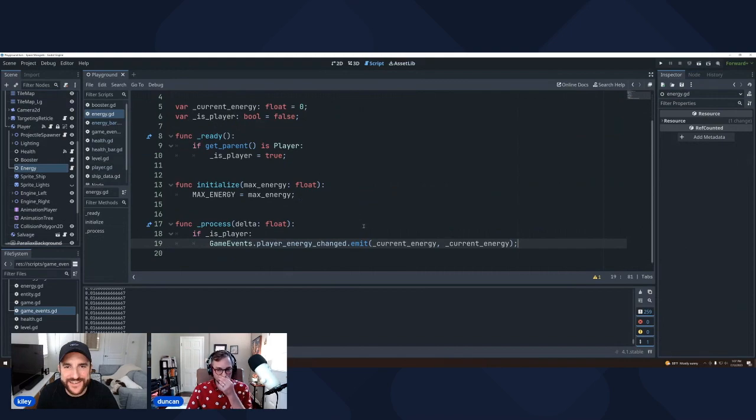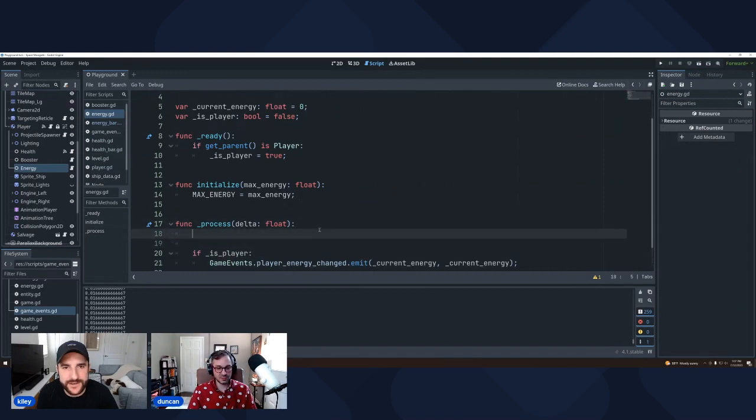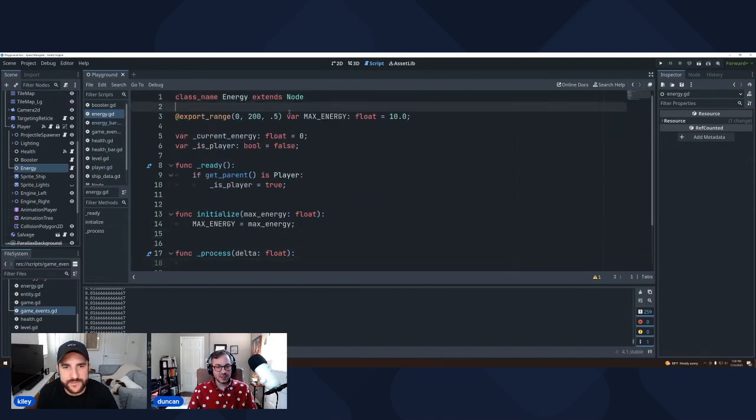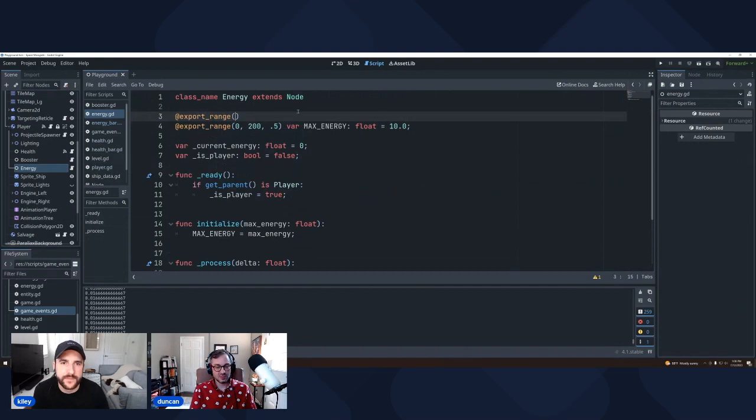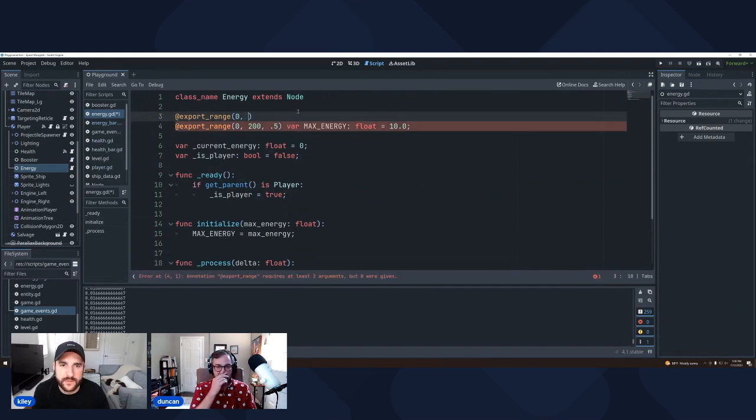So again, what we're going to do is every frame we want to go up. So we're going to export something. Export, I guess we'll do a range. So we'll do 0 to, and we're going to do it per second. Think about it like this: let's say we generate 1 energy a second.